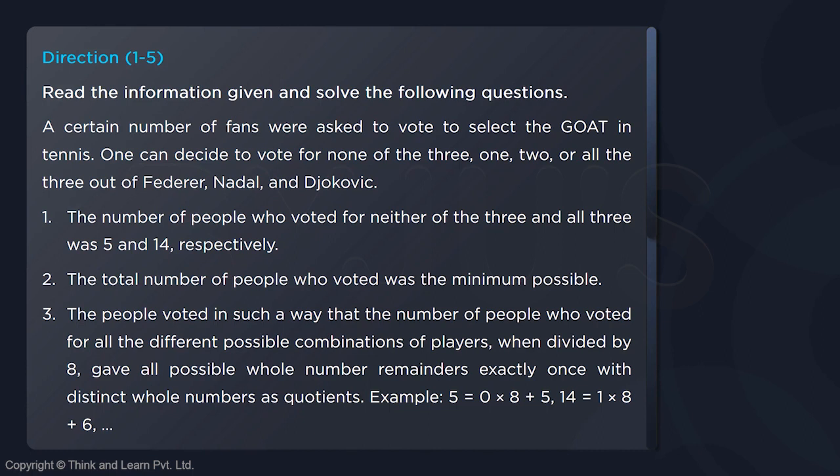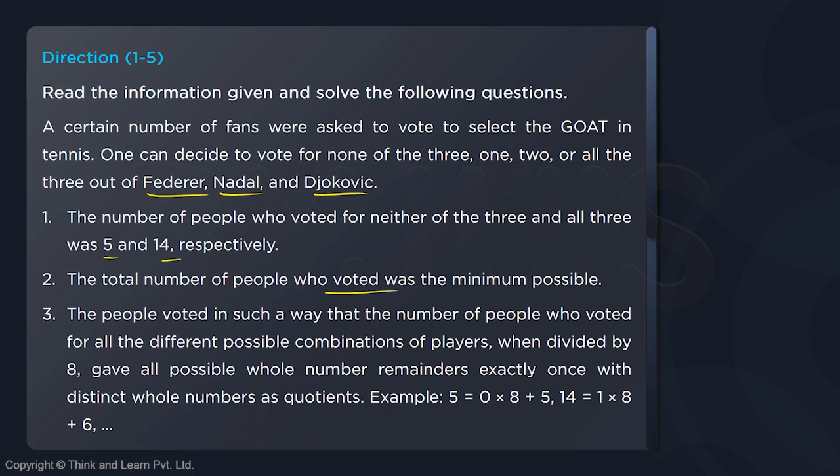So you're talking about voting happening for 3 people, 3 of the greats in tennis: Federer, Nadal and Djokovic. And the people who neither voted for any of the 3 or voted for all 3 are 5 and 14 respectively. It is given that the total number of people who voted was the minimum possible, which also means you are looking at minima maxima in this. So there are a lot of things which are combined in this set. Hence, I would have recommended you to leave this set, but let's go ahead and see what makes this set